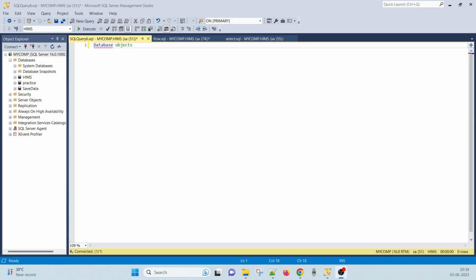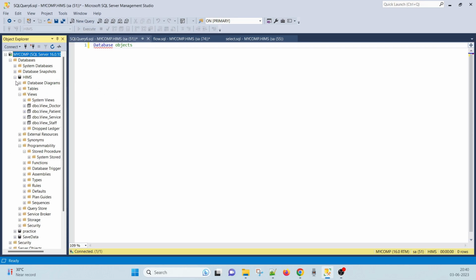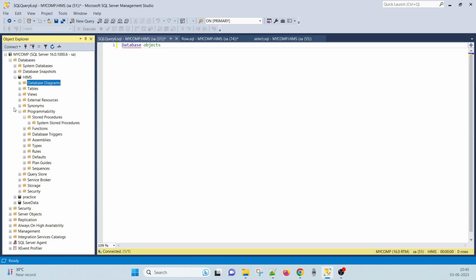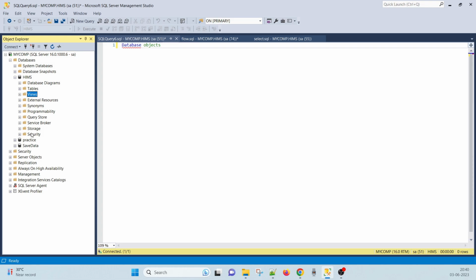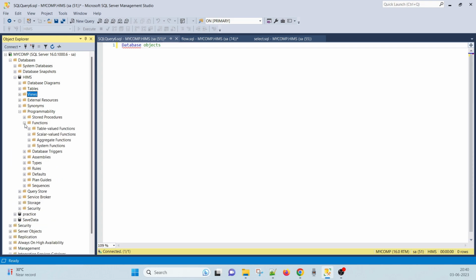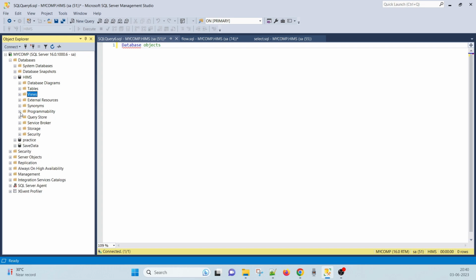In this video, we are going to see different database objects. HMS is the database, correct? And how to create the table, we have seen. There is a database diagram we have seen. There are views we have to see. Then stored procedure, then function we have to see. And after that, security is important. And this is the task by the